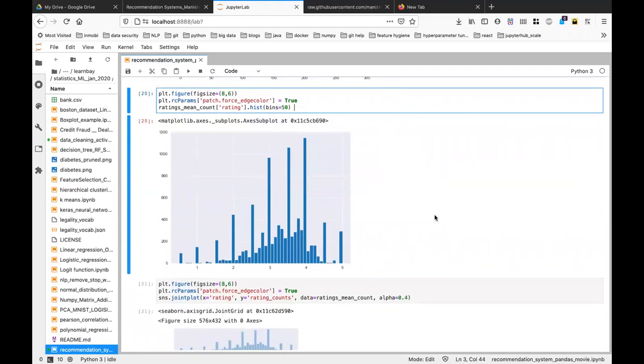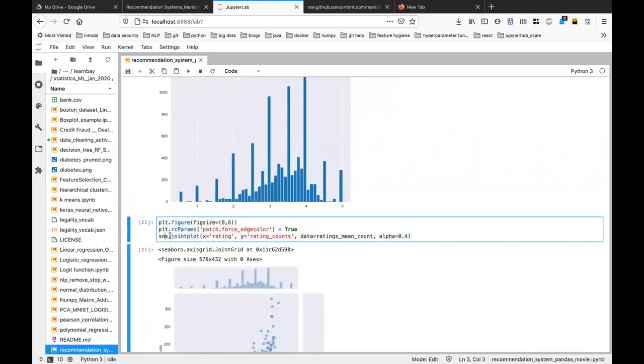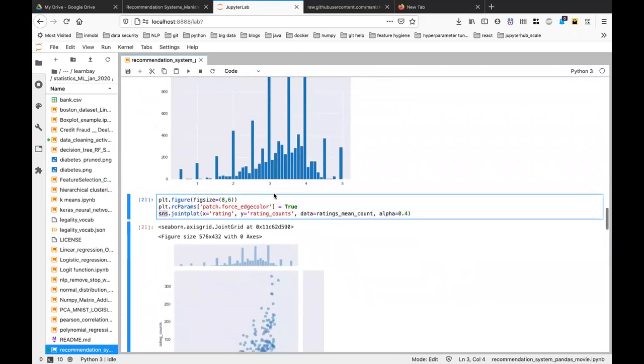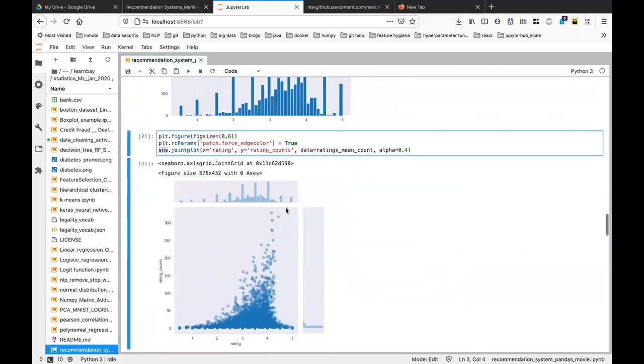Okay, so you can actually find something called a joint plot, which is basically combining 2 normal distributions, right? So this is your one skewed normal distribution on the right hand side here. This is skewed. This is basically your 0, 1 rating, 2 rating till 5, and this is basically your total number of counts. How many people got how much? How many movies got all of this?